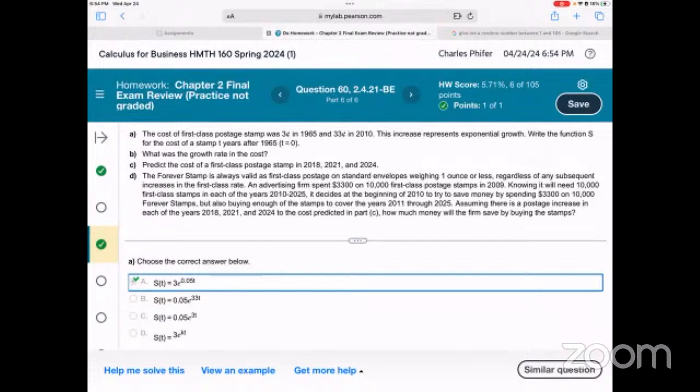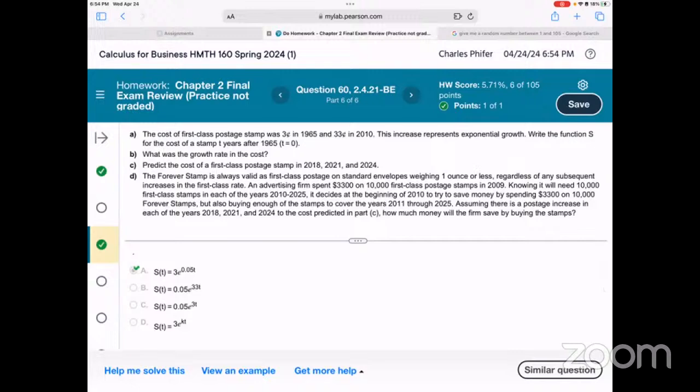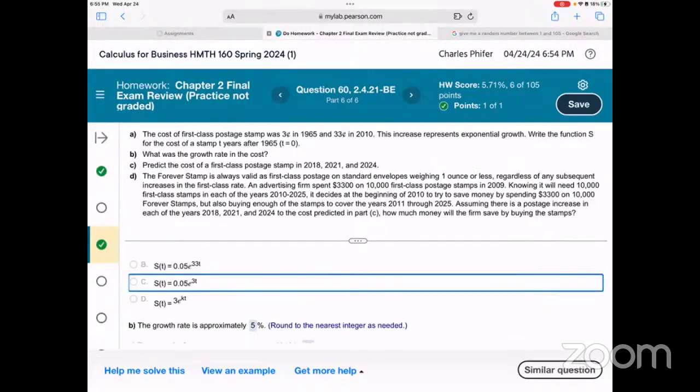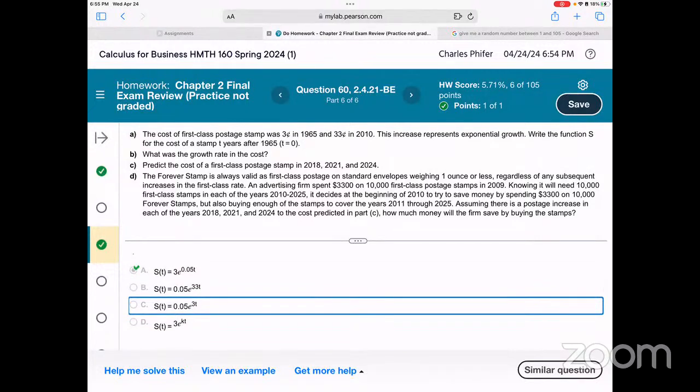And then, we had at least 2 pieces of information, so we could solve for K, right? D still had K in there. And I was like, no, I think we can solve for K. So if I had to choose between A and D, I went with A. Now, otherwise, I could have just worked it out like I did the previous one, and eventually we would have got to this result. So then once we had our model, then we were just using the model. What was the growth rate in the cost, right? And so that 5%, I just pulled it straight from the model, right? A naught E to the KT. The K is 0.05. The decimal 0.05 means 5%. So I just pulled that straight from the model.